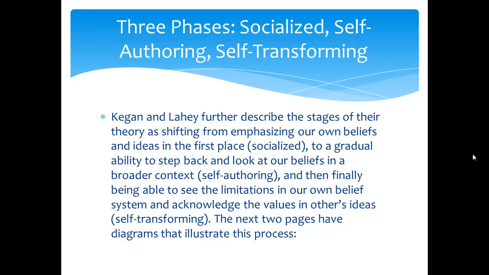So next up, remember that Kegan and Lahey have a three-phase model. The first place we're taking a look at a person who is dealing with their work environment in a socialized way, and then eventually they're going to be able to critique some of those social influences that affect their learning and affect their belief systems. That's becoming self-authoring. And then next up, when we go to Organizational Leadership 4000, you'll be looking at the self-transforming phase of Kegan and Lahey. So remember that there are lots of different diagrams within the learning module content that you'll be able to use as you're writing, as you're doing your assignments and your discussions.